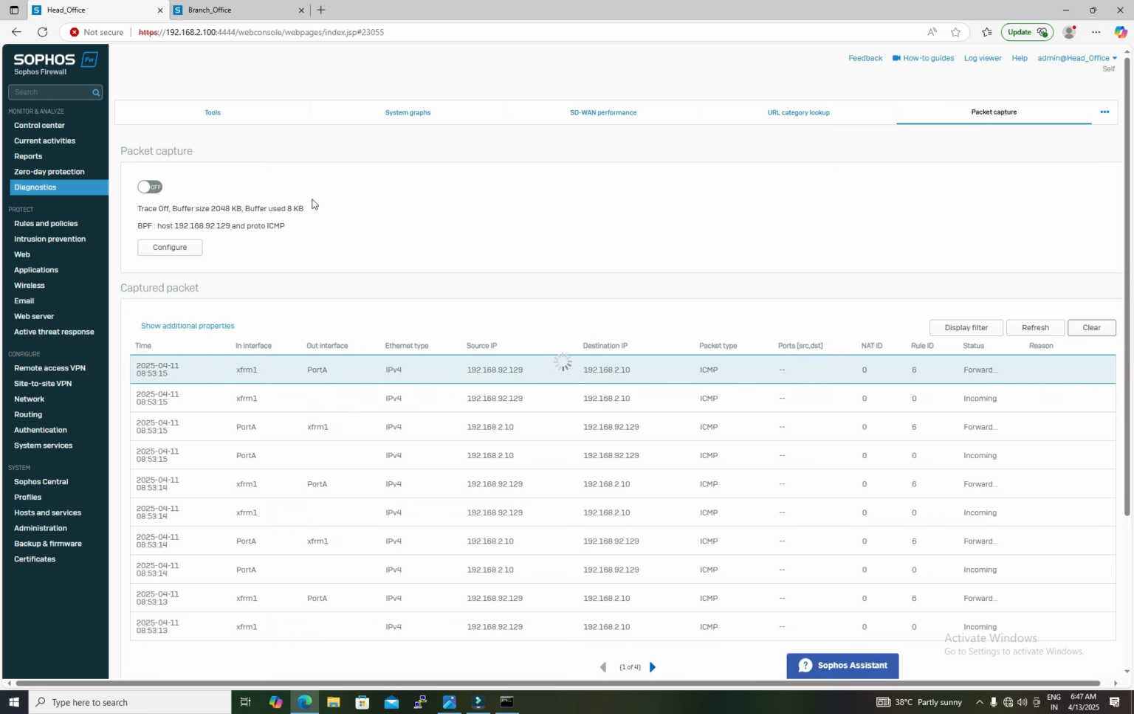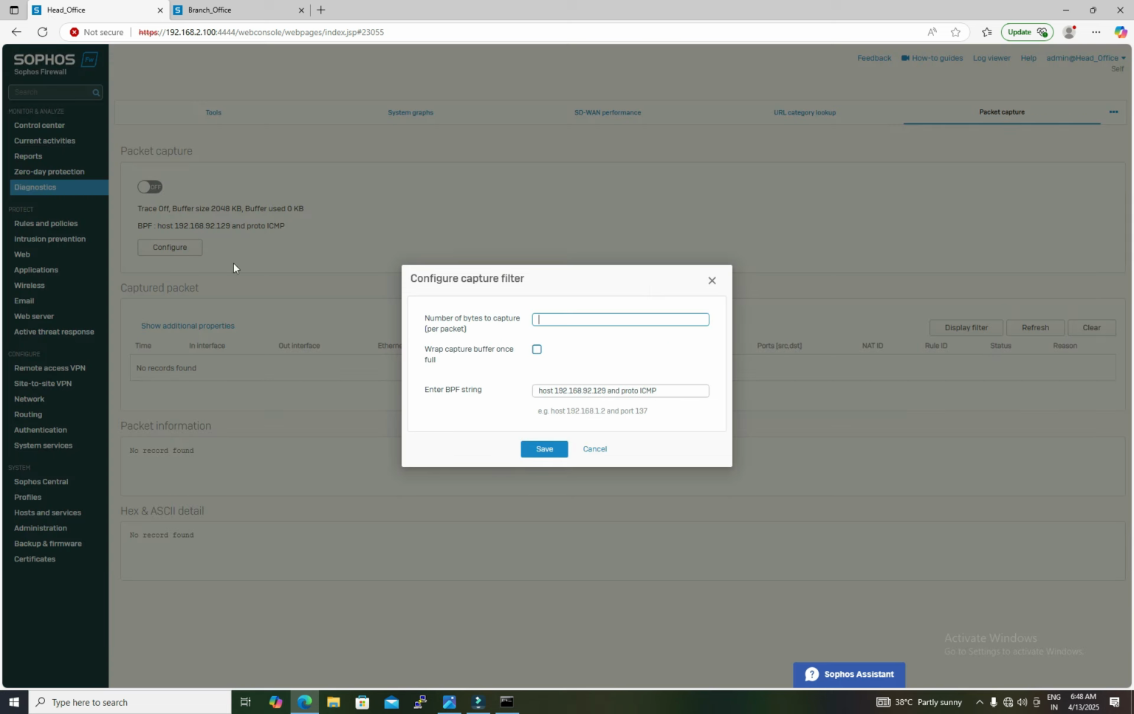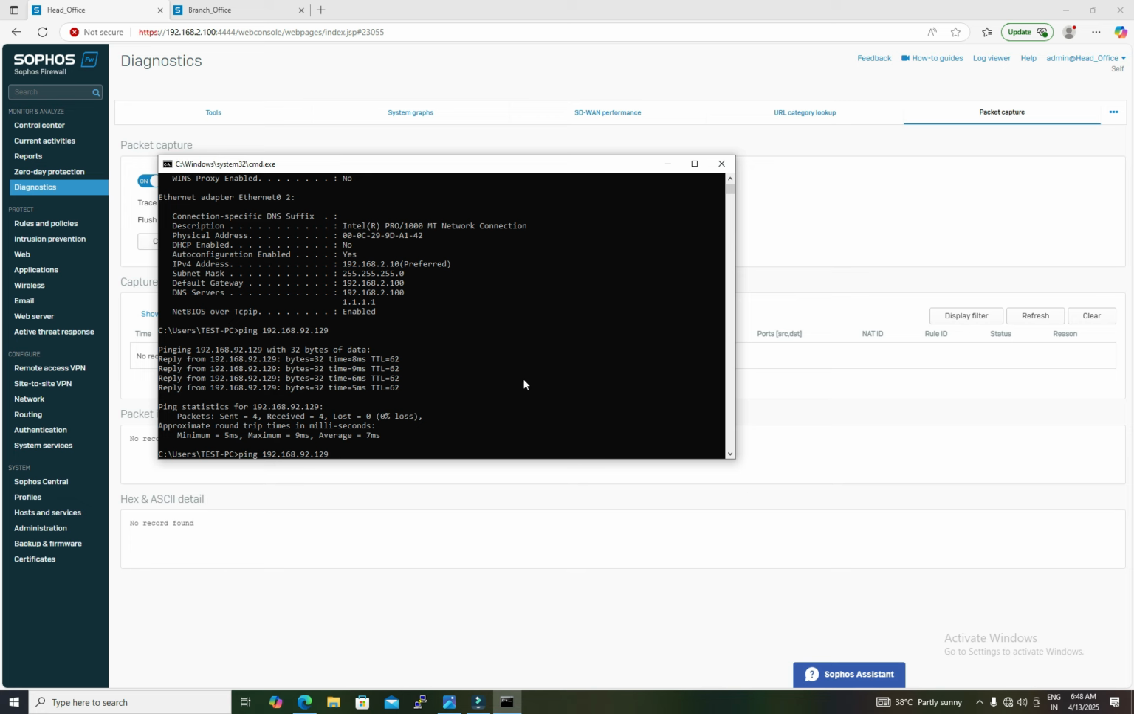So let me just show you how to filter it out. On the head office firewall, we are the source, and on the source firewall, always define the destination IP. And protocols we have defined as ICMP. Click save. Once you have defined this filter, just enable it. After enabling it, initiate the traffic again